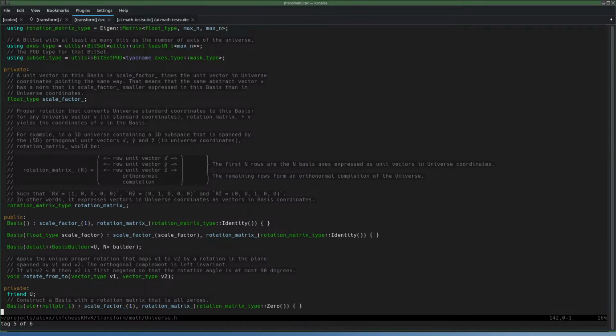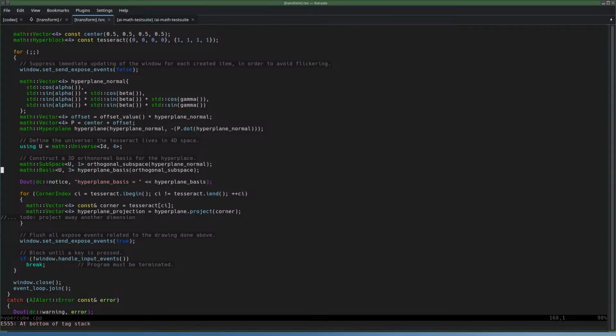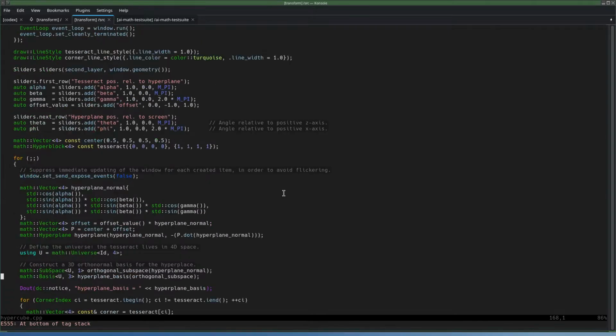But next we have theta and phi. Those are just polar coordinates, is that the right thing? Yeah. Inside the 3D